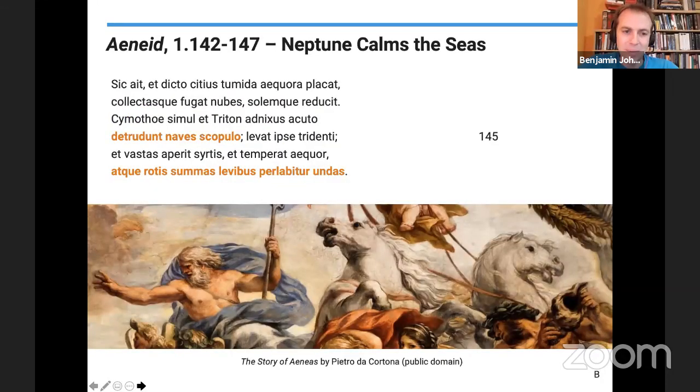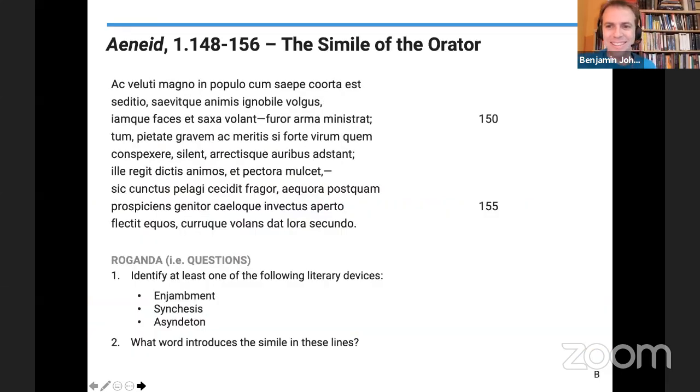Briefly for this one, there's some action here. Virgil really has to rescue the Trojans. He does that with Neptune, and Neptune has a couple of helpers, Cymothoe and Triton, and they do their job. And then Neptune glides over the tops of the waves on his light wheels. That's a synthesis, by the way. And I love referring to Neptune's chariot as just his wheels, even though I don't think he has wheels. Why would he have wheels on his sea chariot? Anyway, why not?